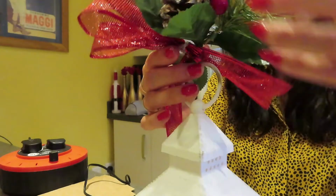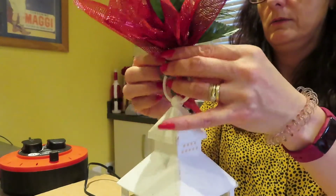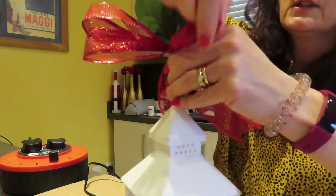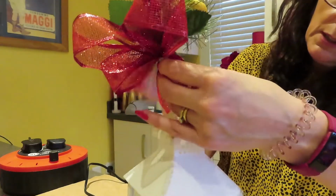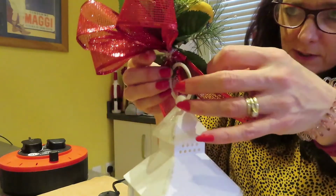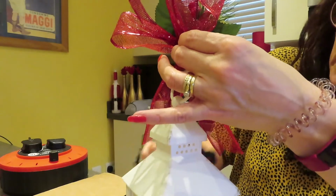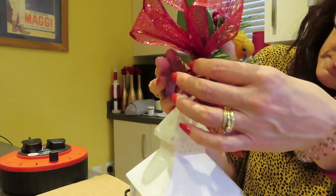So let me play around with the top of it. Oops. And you can take as long as you like on this to get it how you want it. So for me, I want to mess around with the bows. Okay. I'm going to glue, I think, that leaf onto the bow there. Oops. No. Okay, I've also then got to glue that one there because I don't like the way it's sitting. Okay,